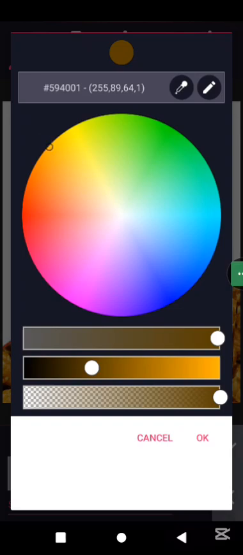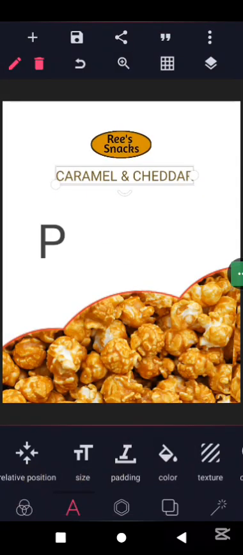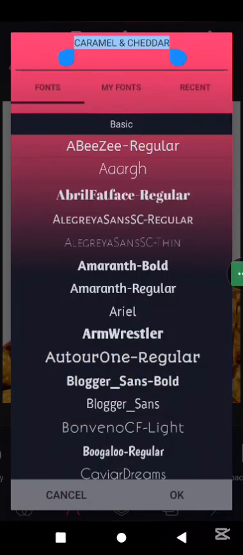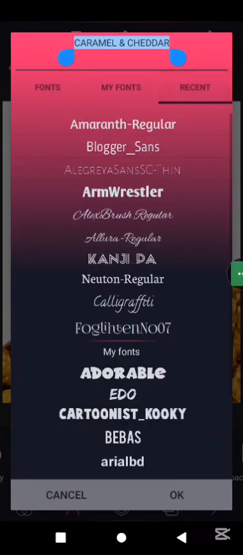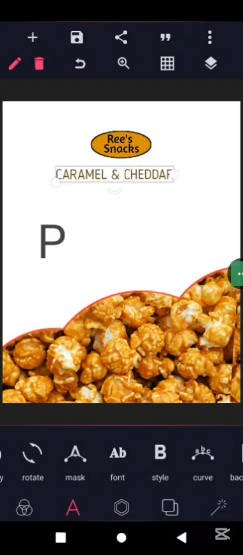So, and we are changing the font to Blogger Sans. Okay, reduce the size,